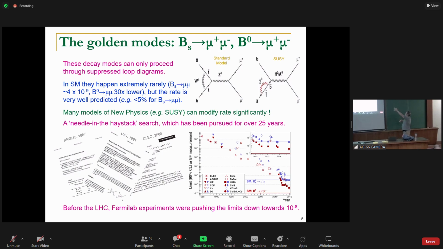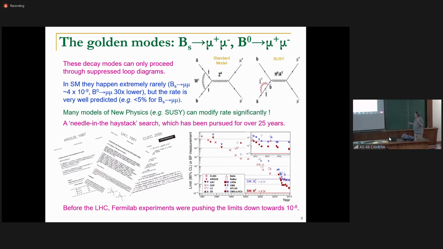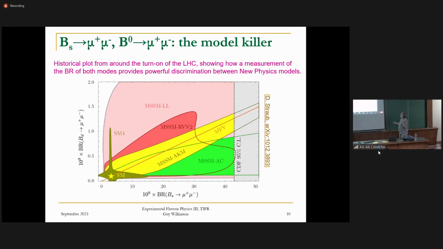This decay has high sensitivity to SUSY models with high tan beta. And the search had been pursued for over 25 years. So in the last days of the Tevatron, there were rumors of sightings there. Indeed, CDF claimed something, but that went away. But